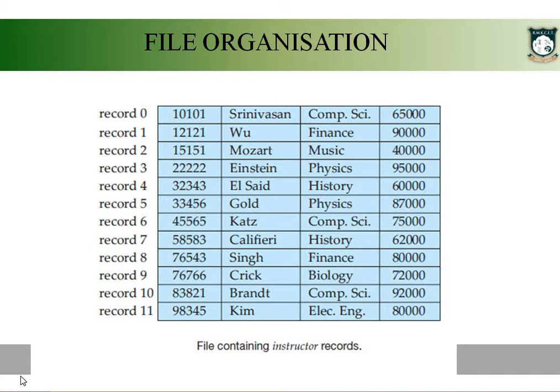Now for example, let us consider that there is a faculty for whom we are not aware of his salary. So we don't have any information for his salary. So even if you are not storing any value for salary, 100 bits will be reserved for the particular record. So that is the limitation of fixed size record. Whether you are using it or not, 100 bits will be reserved for each record in case of this instructor table.